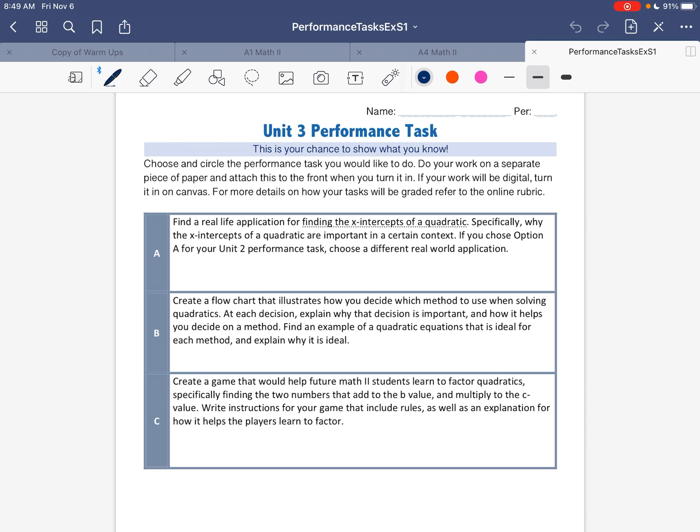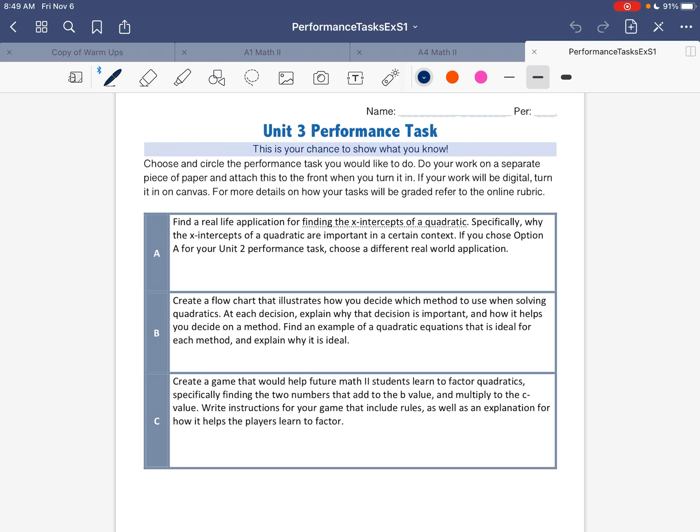If you chose option A for your Unit 2 performance task, choose a different real-world application. So essentially don't do the same thing you did last time if you chose that. You still can pick option A if you did A last time, just pick a different application. I think I'm going to go over the examples all at once this time around, just for fun. So that's option A, is to pick a real-world application and tell me why the x-intercepts are important in